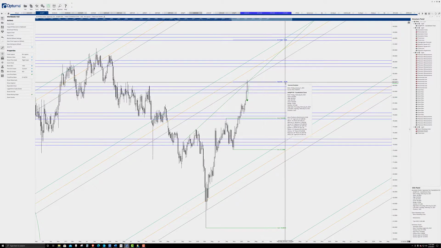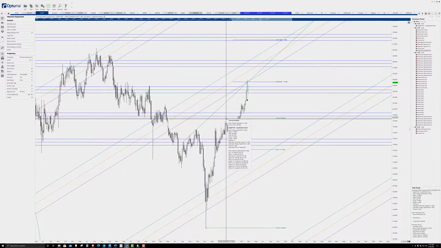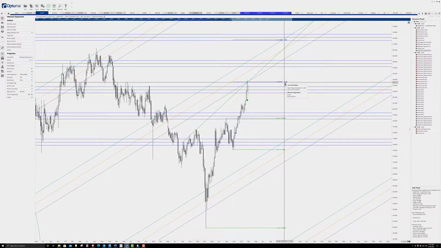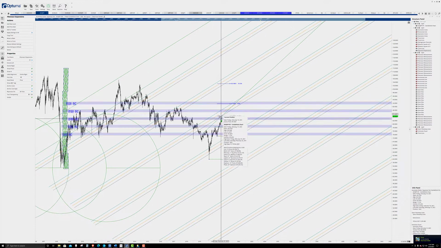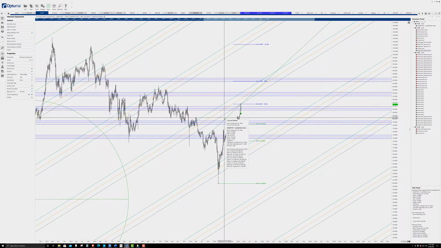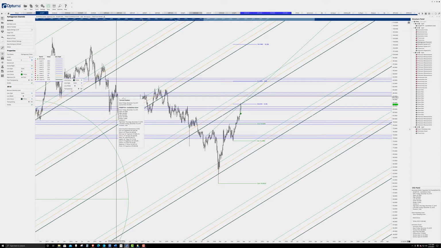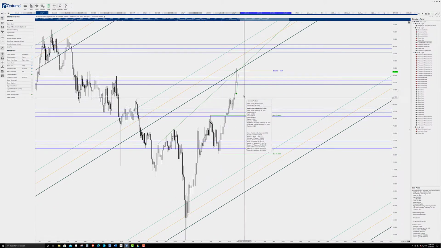Really, the 618 fib expansion from the COVID low to the prior swing, to the first major swing high in September of 2020, and then this low here. That 618 Fibonacci extension lines up exactly with this Euclidean Fibonacci channel that you see here, this darker line here. I wonder if I can make that a little thicker. There you go. So that's the stopping point that we see occurring right there, and that's where I would expect it to stop.